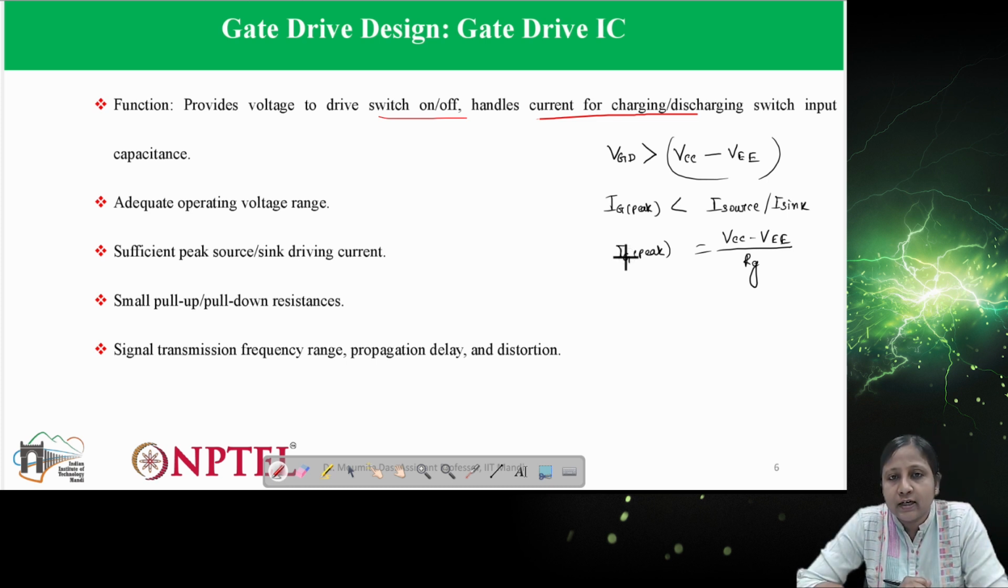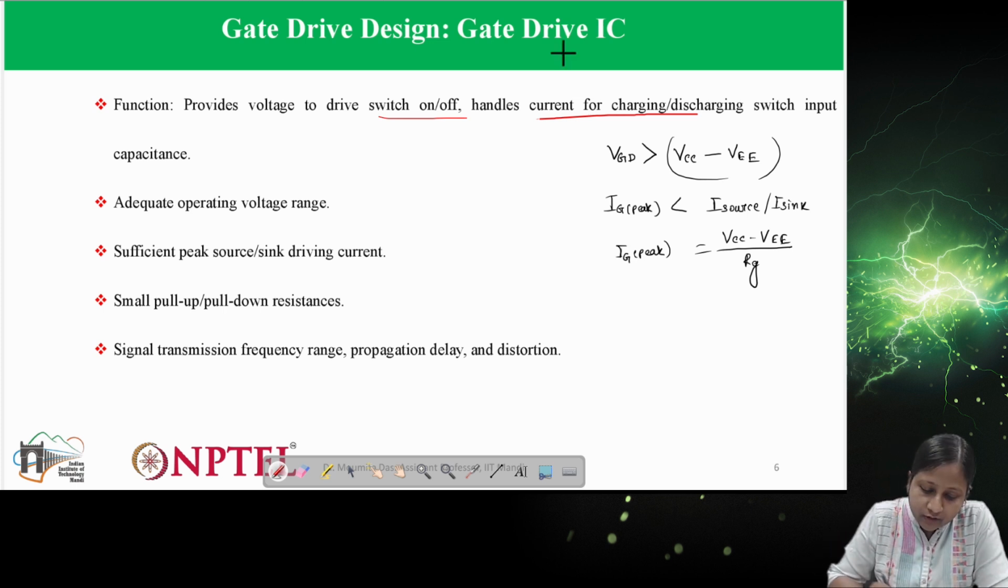This gate current should come from the power supply. So the power supply should have a current rating more than the gate current, so that it is able to provide that much current. And obviously the voltage rating should also be more. So these are the different components